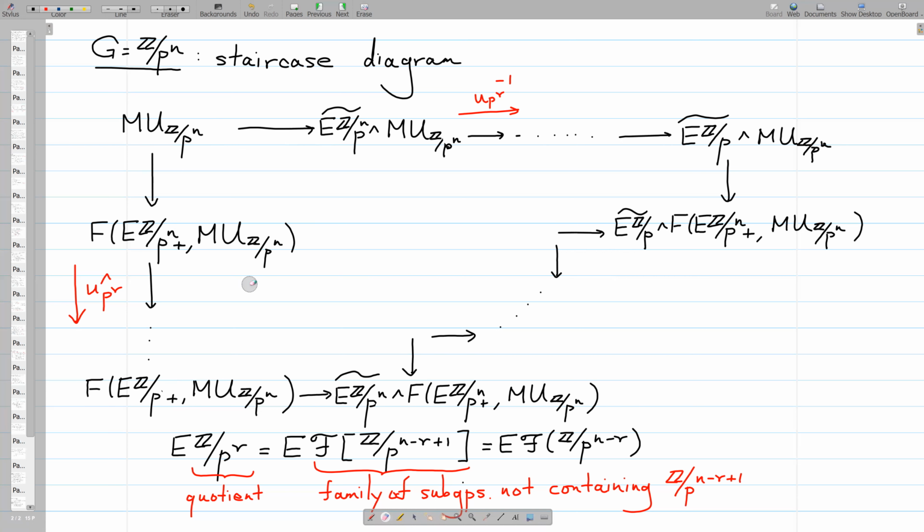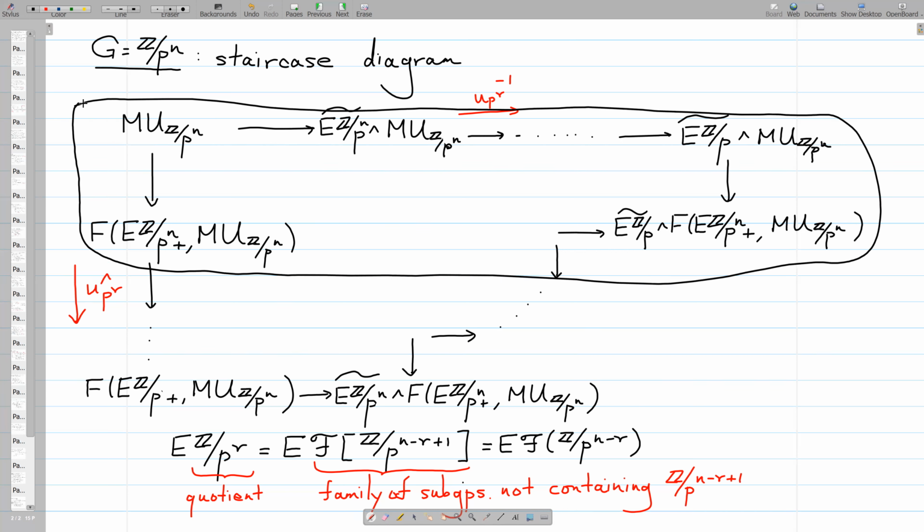MU Z mod P to the N. And in this case, the general principle is when you go to Borel, these are partial Borel cohomologies. And what they do is that you complete at UPRs, and as you go down, the value of R decreases. So it turns out the diagram, the square that you really want to use is this one,